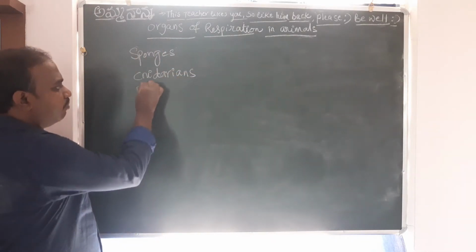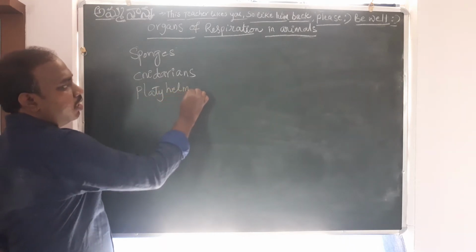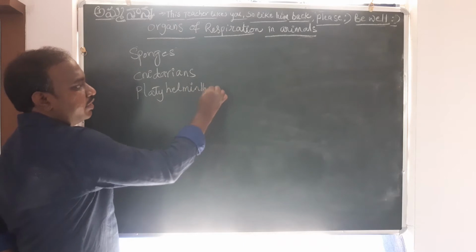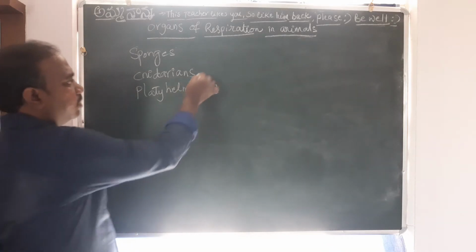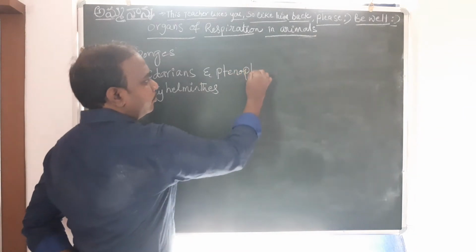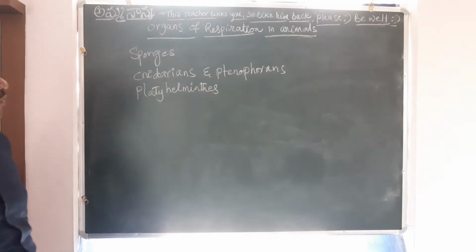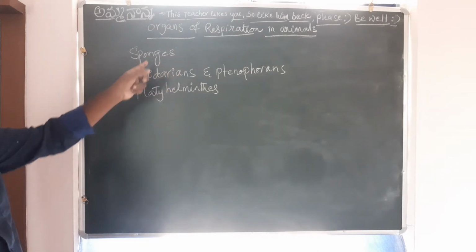Then come the platyhelminthes. I mean, we have ctenophora animals as well in between. So even in the ctenophorans, cnidarians and ctenophorans, if you see these two sets of animals, the sponges and the cnidarians,